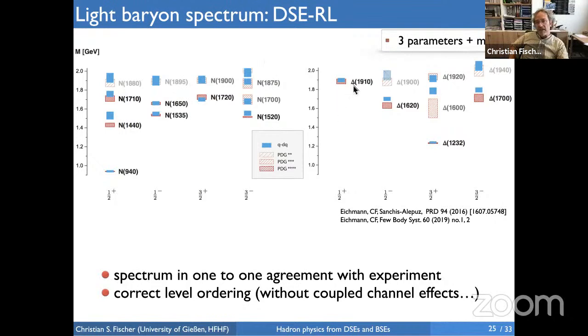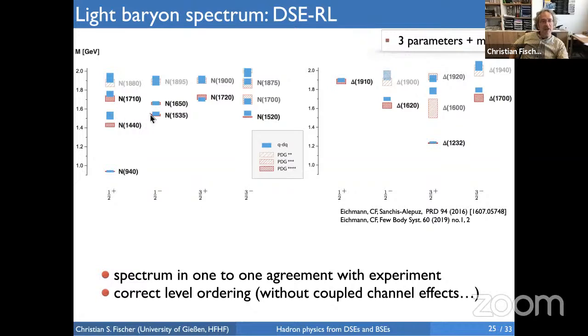The same is true in the delta channel: 1/2 plus, 1/2 minus, 3/2 plus, 3/2 minus. Again, one state in theory, one state in experiment, very, very nice agreement. And this whole calculation has just 3 parameters: 2 in the diquark interactions, one extra one, and the quark masses. So I think this is quite a very satisfying result. To my understanding, this is the only theoretical calculation of all these states available.